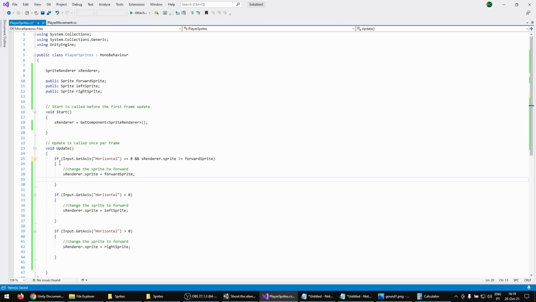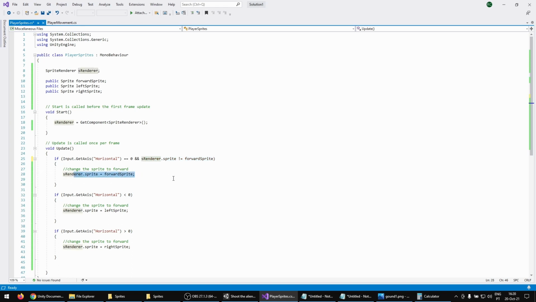So what's happening here? If you don't do anything and the sprite is not forward, you change to forward. The next frame, if you don't do anything but the sprite is forward, so this will be false,